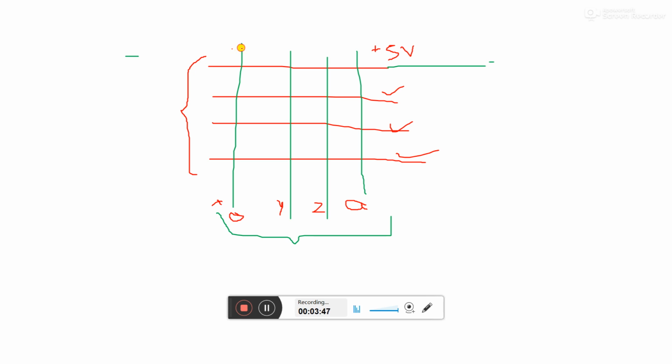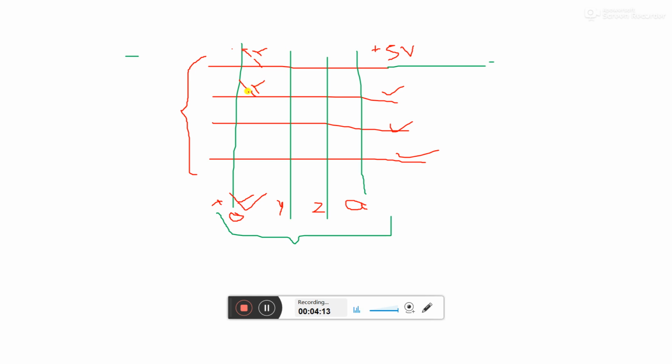Here there may be a switch. When this switch is pushed, the circuit will be completed, and I will get a code on this line. Similarly, all the other points are there.